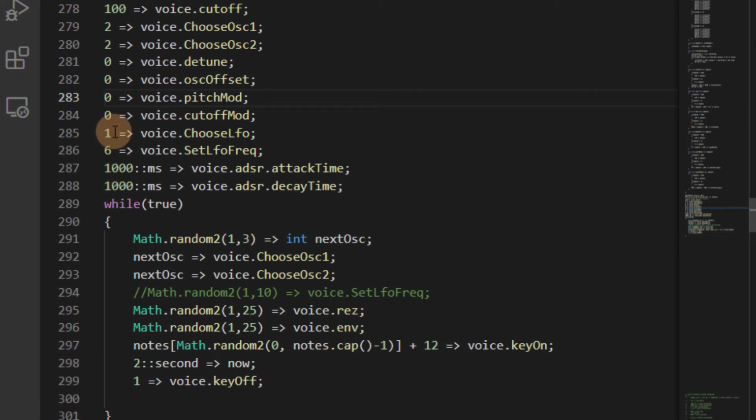Or let's say we'll select a square wave, and then let's have a pitch mod of, let's say, 15. So that's why I wanted to go to 100, and if we switch that to 100, and of course, if we want to make this really fast, set the LFO frequency to be like 12 hertz, then you're going to get something like